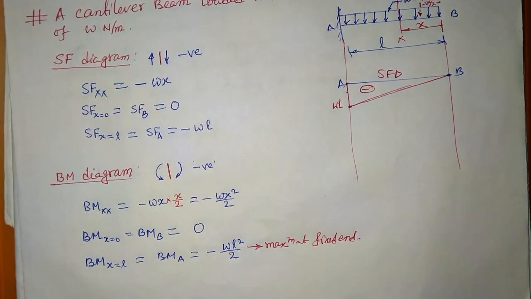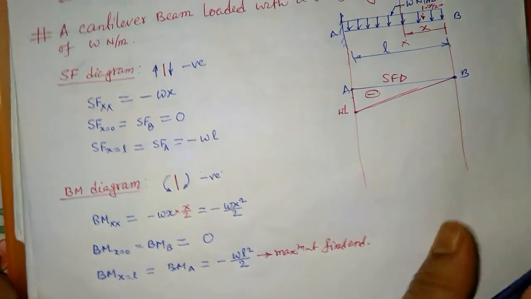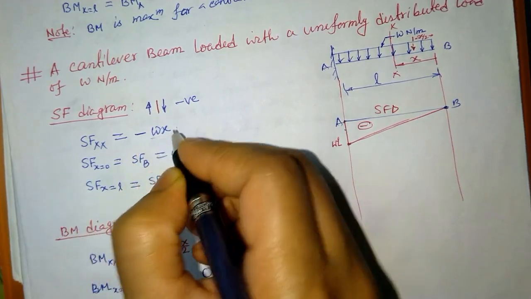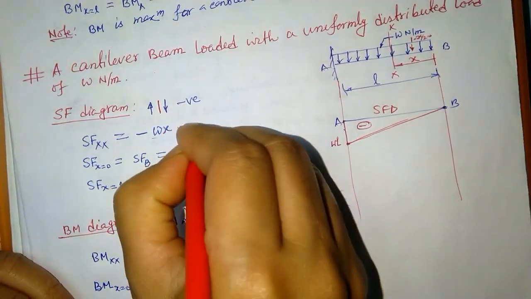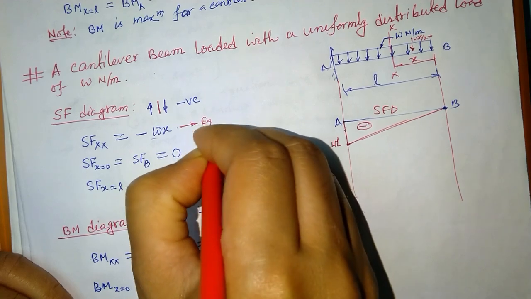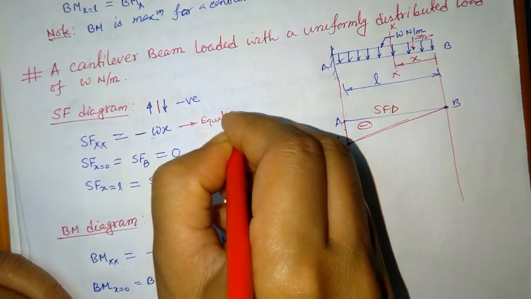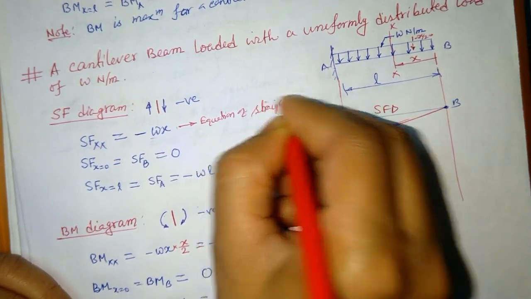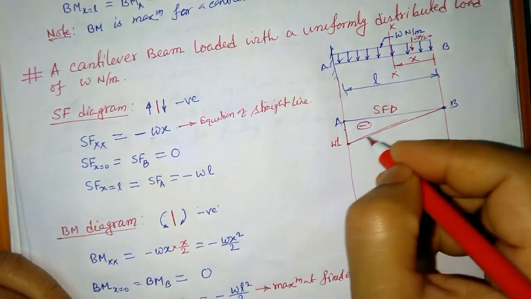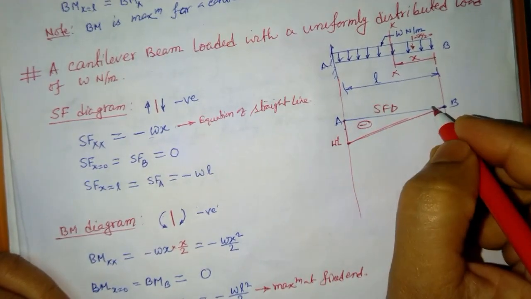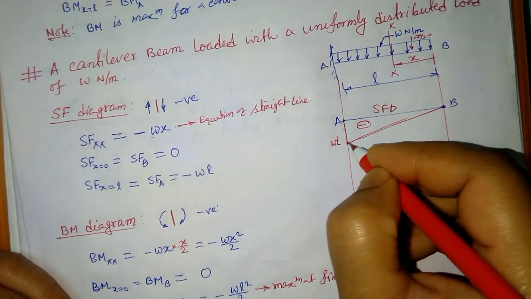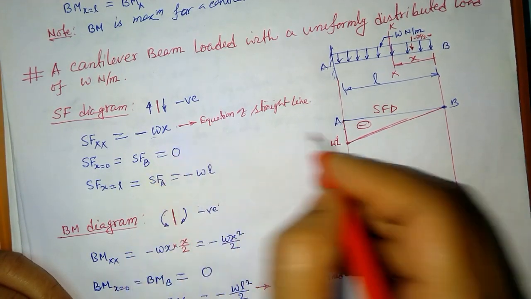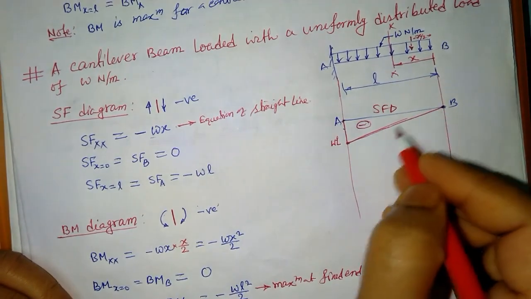Now if you see earlier, the shear force indicates the equation of a straight line. That's why I have drawn the equation of a straight line. Now which type of straight line will it be? If we see y is equal to mx only, it's passing through the origin. So passing through the origin we have to draw like this.